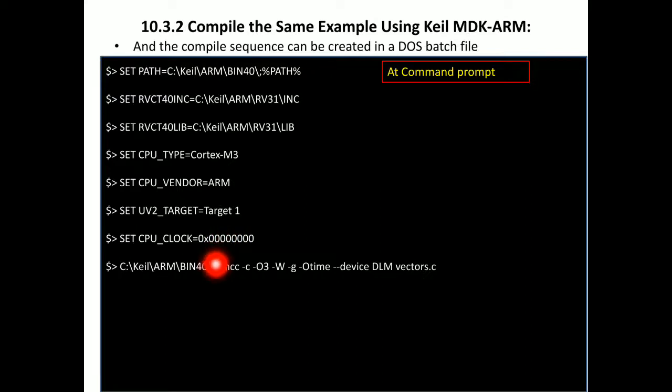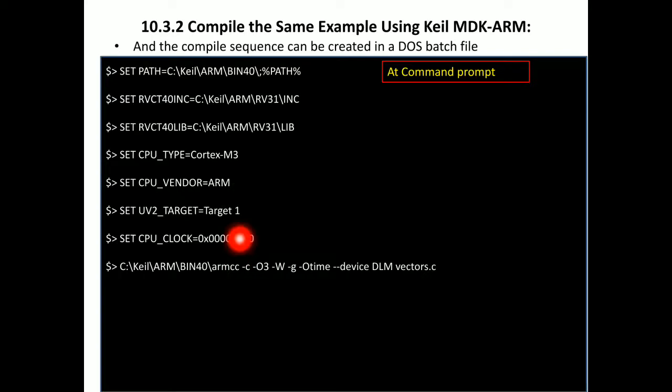From here you need to compile with armcc. This is the path you were given, right? Keil ARM bin 40. This will be your application, the ARM tool's installed binary files. From that path you need to start entering the commands. You cannot enter the command from C only. You need to go to that path and give the compiling options.